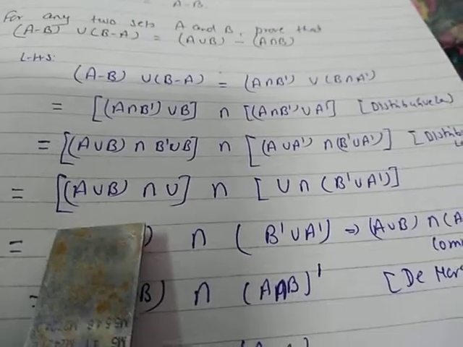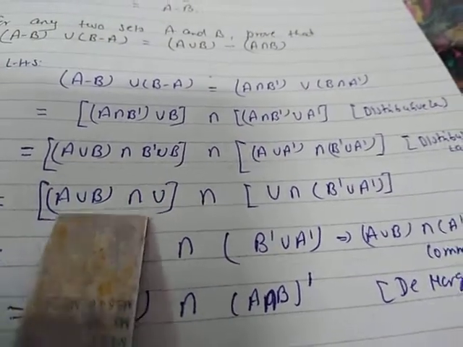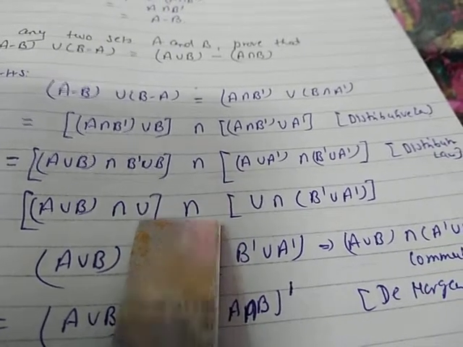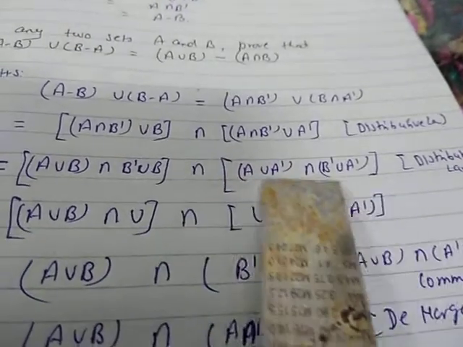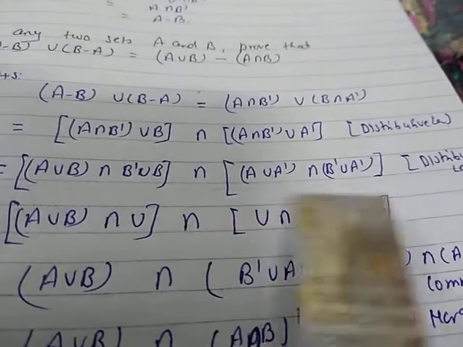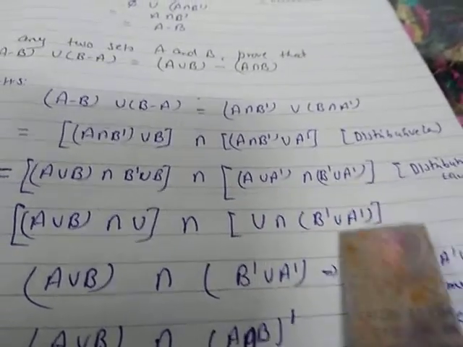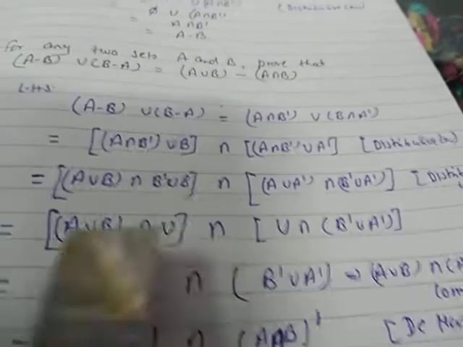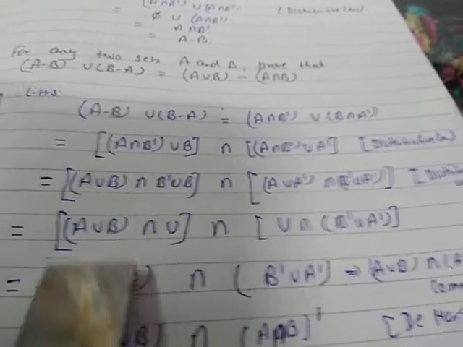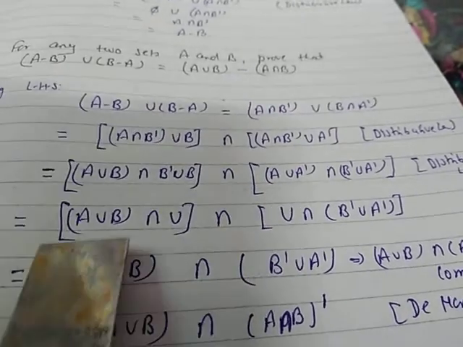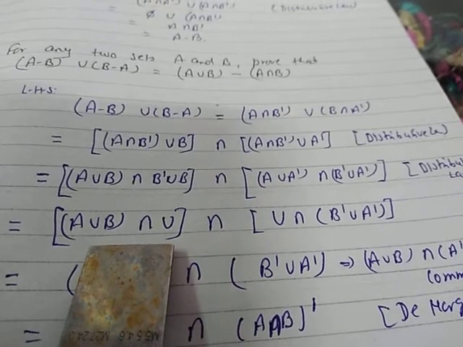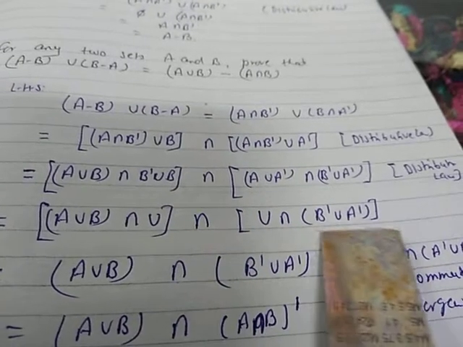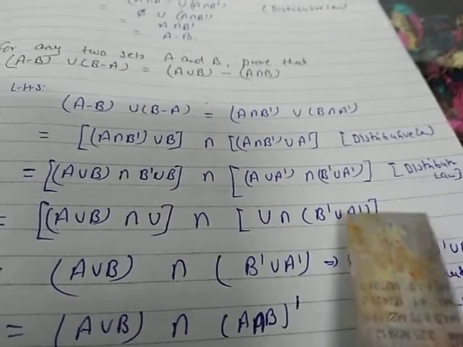Now it is A union B intersection B complement union B is U, universal set. Intersection A union A complement is U, intersection, this is as it is. Okay, intersection with U is there, that means that particular set will be there. A union B intersection U is A union B intersection, again U intersection this one, yani this part is valid,